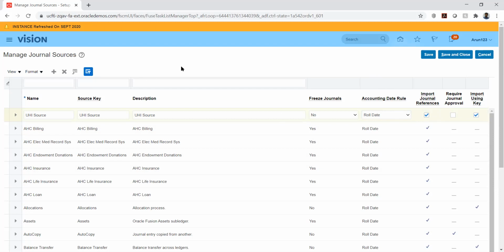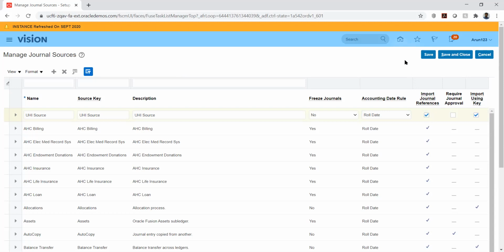If I'm importing only two years of trial balance and want to segregate between the first year and second year, since I'm importing the legacy GL balances as a journal entry in a single file, I can say the reference is 2017-18 for one and 18-19 for the other. So if I want to have a reference, I can enable this.